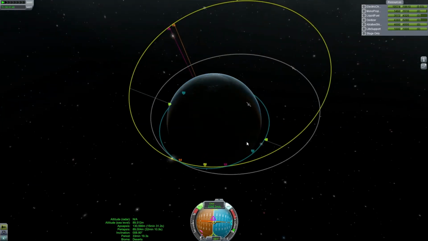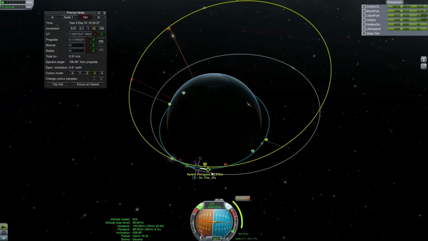So now, do we try and get to it? Let's see. What could we do to get there? I'm pondering swinging around and trying to sort of come back at it. So if I burn at this thing's periapsis, I'm just pondering an idea here. If I do that,